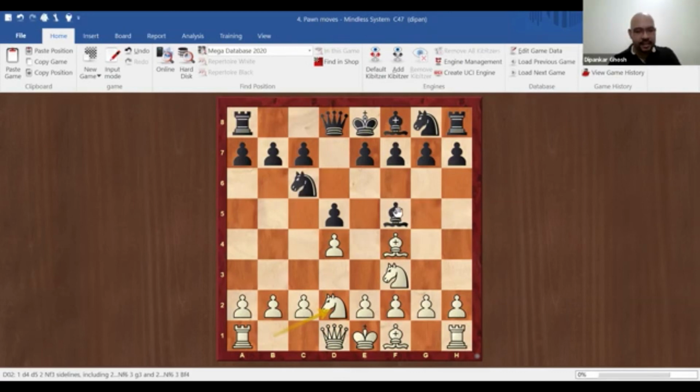So the answer is knight to b4. So simply threatening this pawn, now the bishop and the knight are both looking at it. And if allowed to capture, that will be a fork between the rook and the king. So white is in a lot of trouble. Now, what can he do?